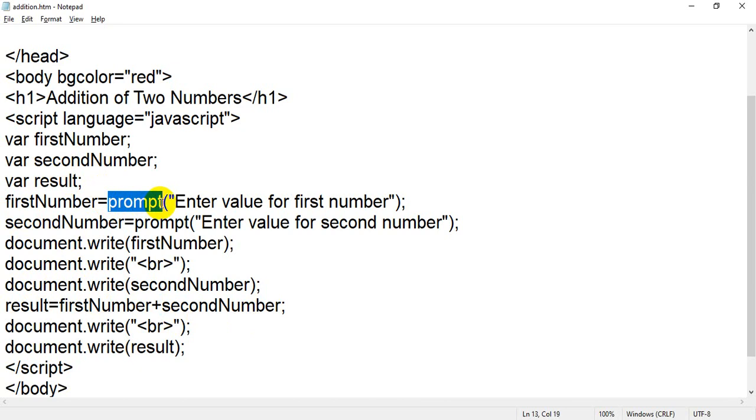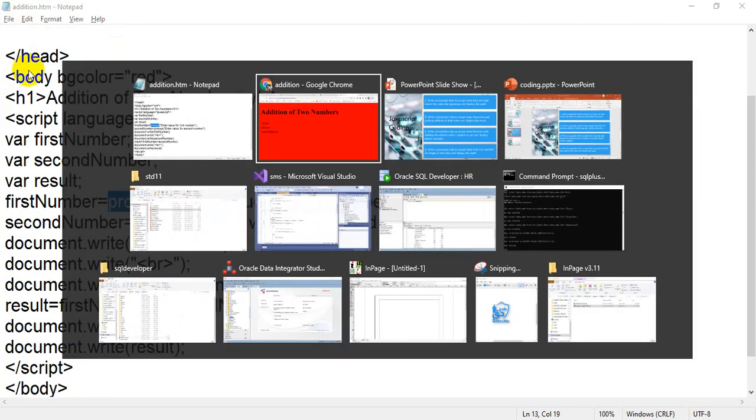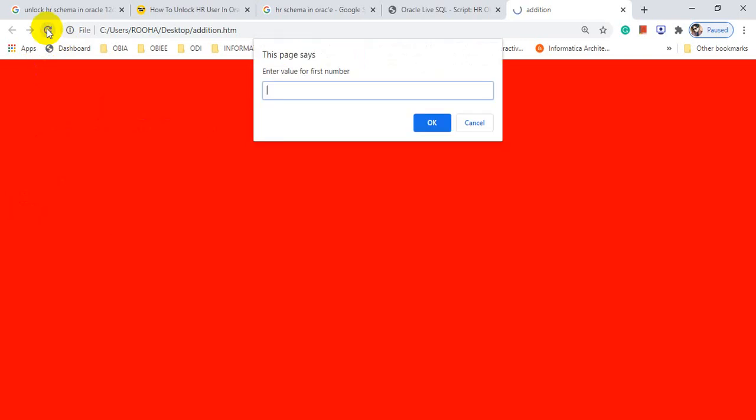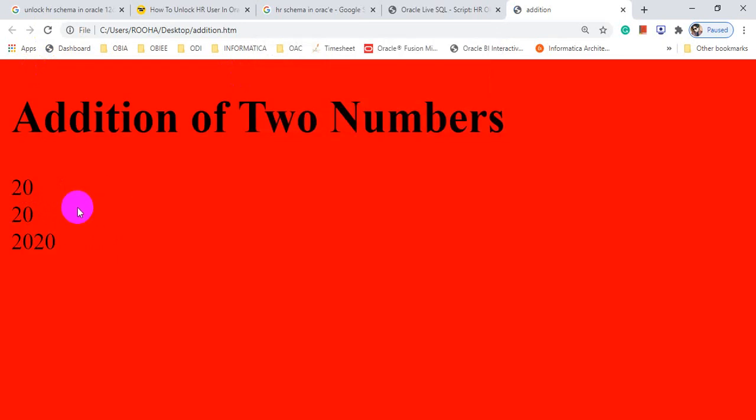If I pass numbers like in my earlier attempt, if I refresh, I am passing 20 as a number, click OK. Again I will write 20. My first value is 20, my second value is 20, my result is 2020. So here concatenation is going on. Why?